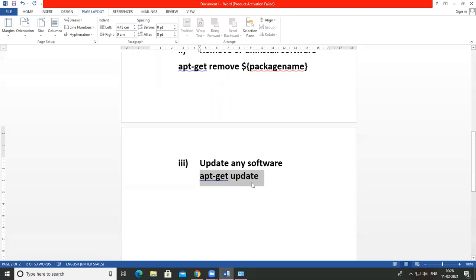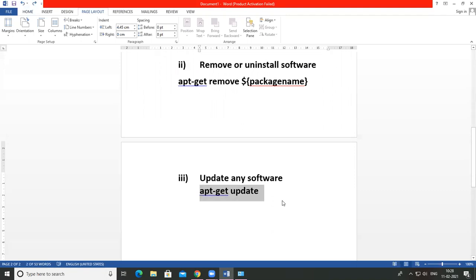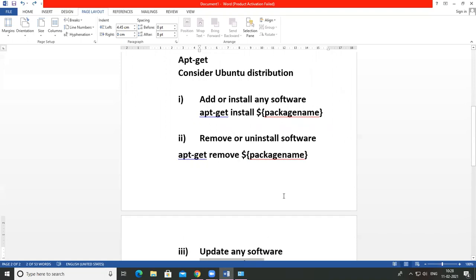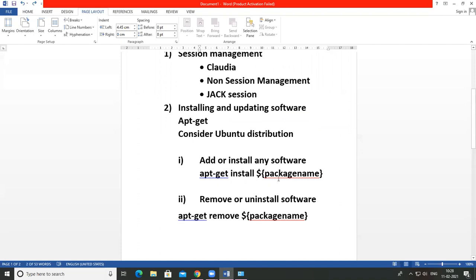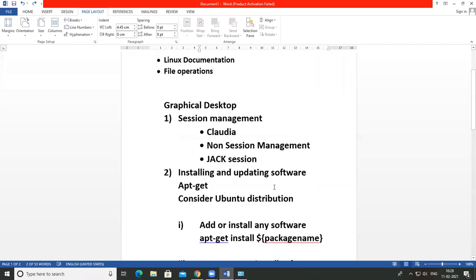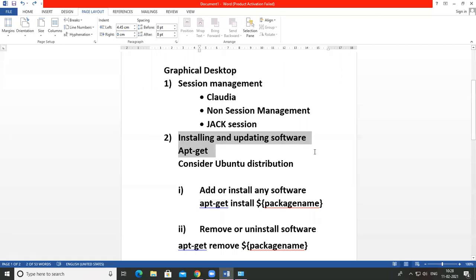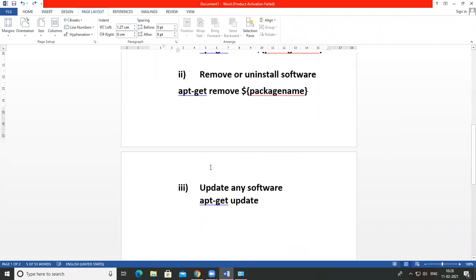Okay, then these are the packages, installation, removal and updation in the Ubuntu distribution. Okay, so like this installing and updating software works. म्हणजे याच्यामध्ये एखादं सॉफ्टवेअर इन्स्टॉल करायचं असेल, अपडेट करायचं असेल, रिमूव्ह करायचं असेल, तर या टाईपच्या कमांड यूज केल्या जातात. ओके, सो याच्यामध्ये कोणाला काही प्रॉब्लेम असेल तर विचारू शकता.